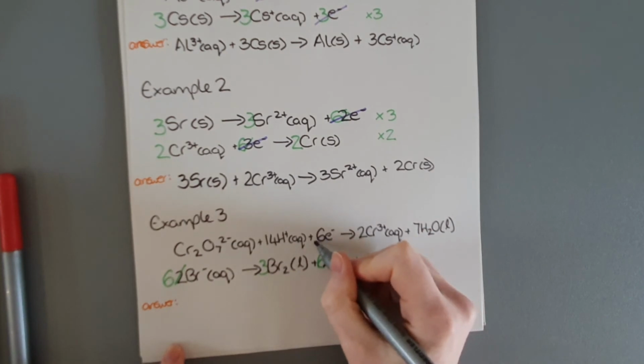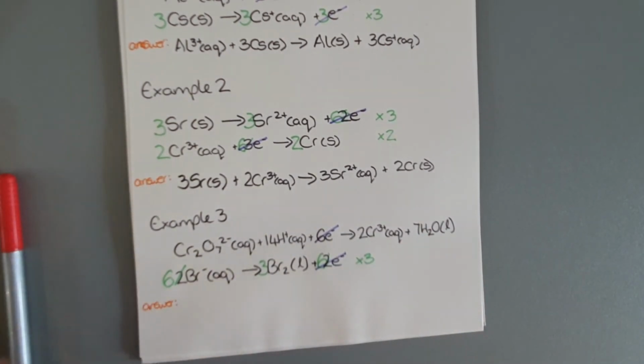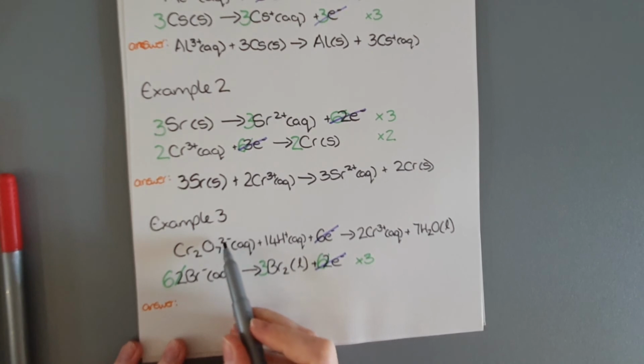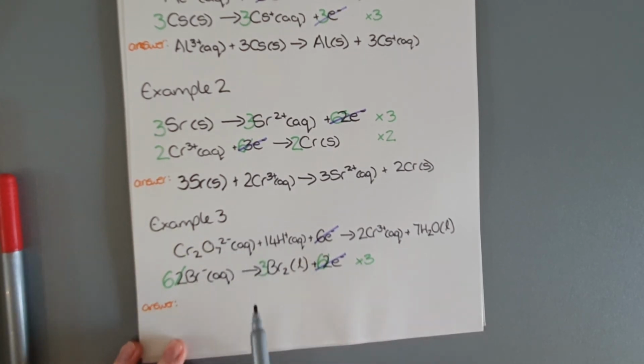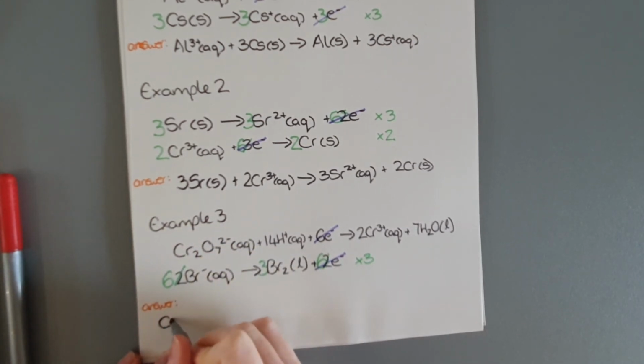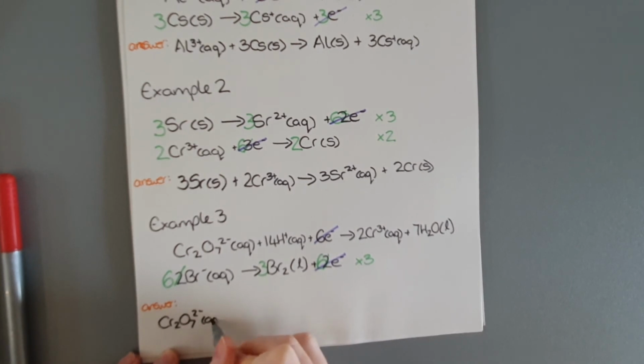Next one is cancelling electrons because they're equal, and rewrite your answer. So there's a lot more to rewrite this time. Just take care, every charge and bracket matters. If you write one incorrectly, your final answer is wrong, and it's only worth 1 mark. So rewrite all of that. Cr2O7 2- aqueous,